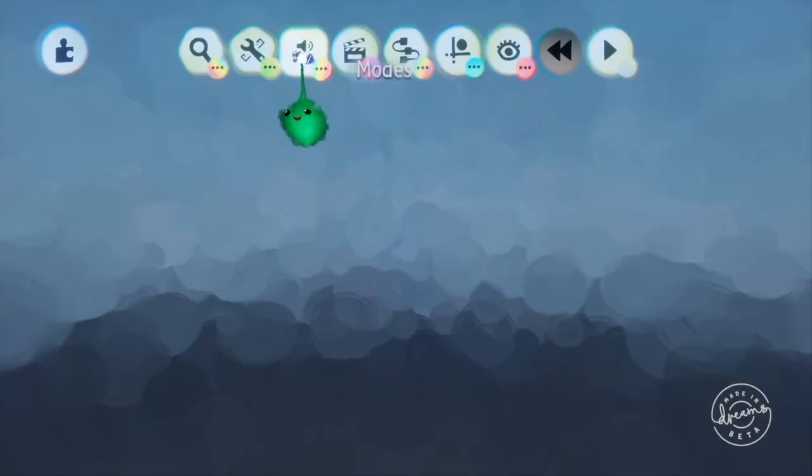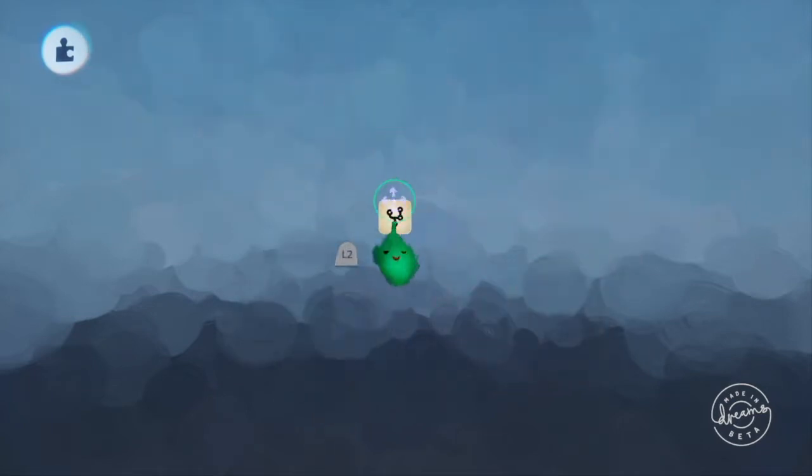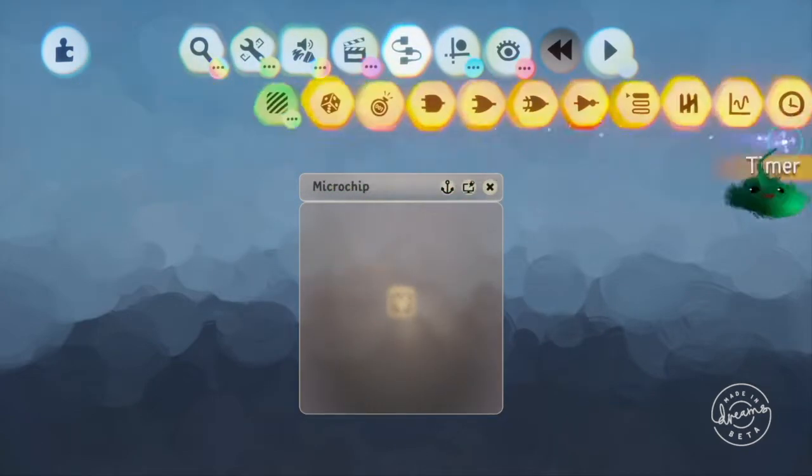Alright, let's make some generative music. I will start by finding a microchip. First of all, I will make something sort of like a clock. I'll just use a